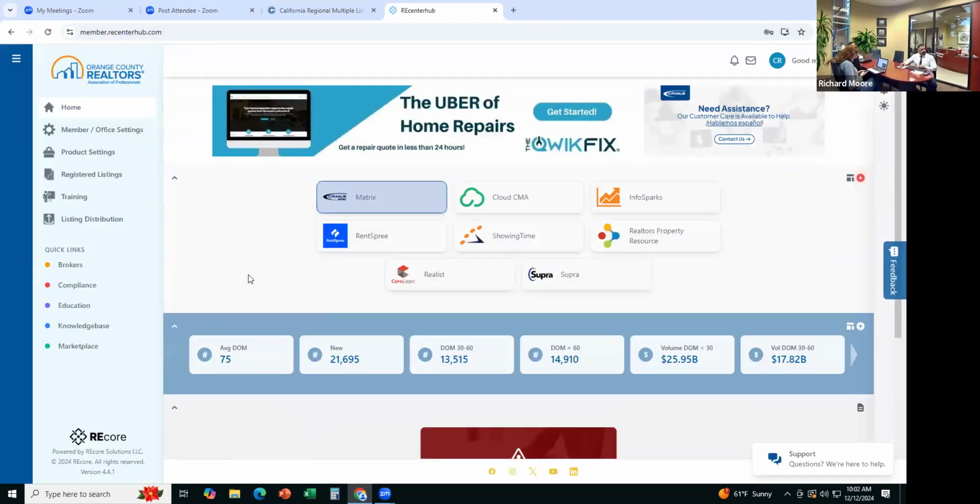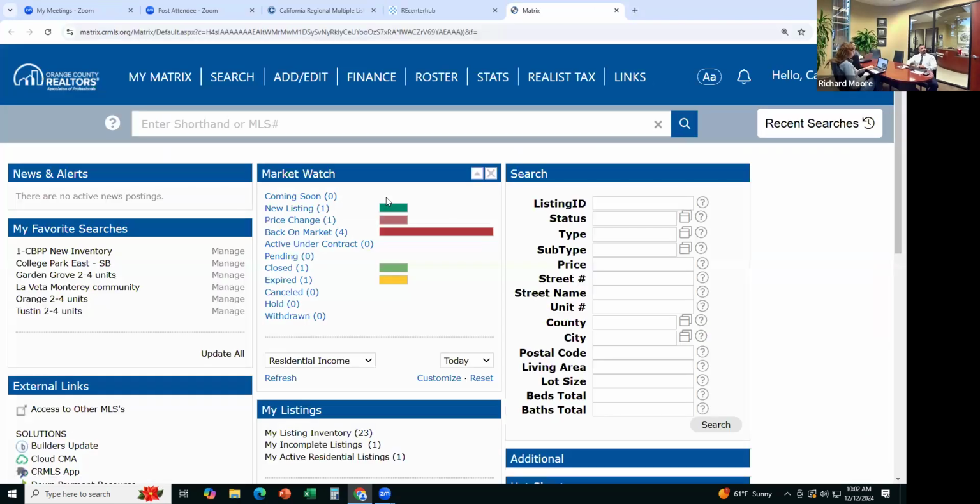And then once we get to this page, you're going to click on Matrix, which takes us into the MLS. And then we can log in. Okay. All right, so this is the dashboard in the MLS, and I kind of want to go over